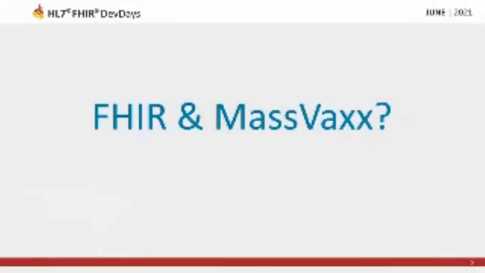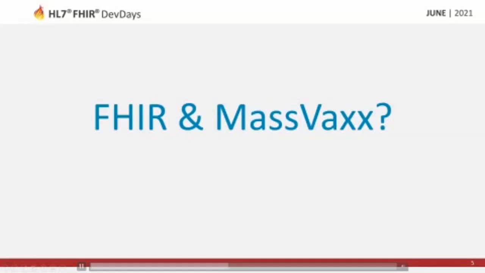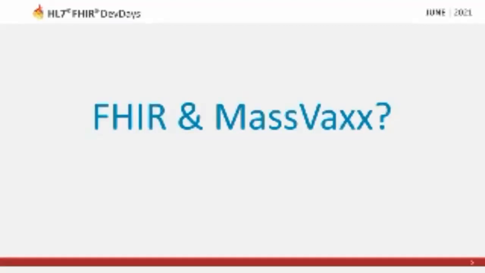What about FHIR and MassVaxx? We found that using FHIR as the basis of our design was incredibly helpful and actually really shortened our time frame in terms of design. The reason for that is because we were able to use FHIR as the basis of our data mapping. And from there, we were able to determine what we needed to put onto the user interface to be able to architect